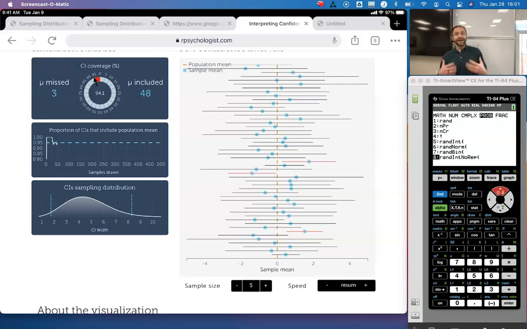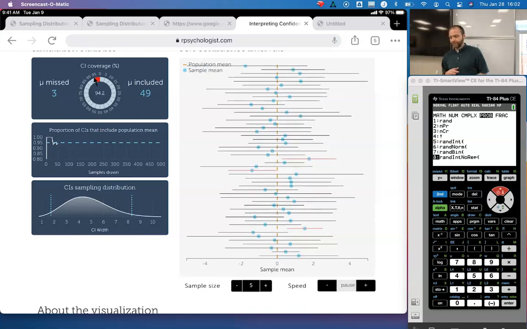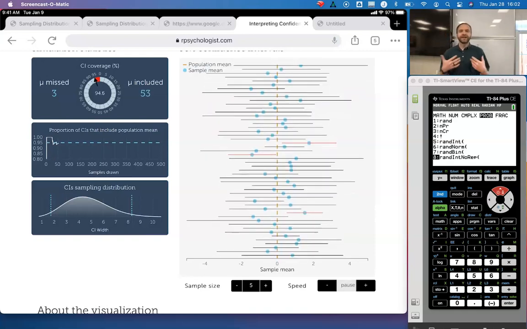So in other words, I collected and constructed 48 confidence intervals that captured the true population mean. However, I constructed 3 confidence intervals that missed. So I threw 51 nets into the population, and I captured the true mean 48 times. I missed 3 times. So if I hit resume, it's going to keep going, and it's going to be collecting